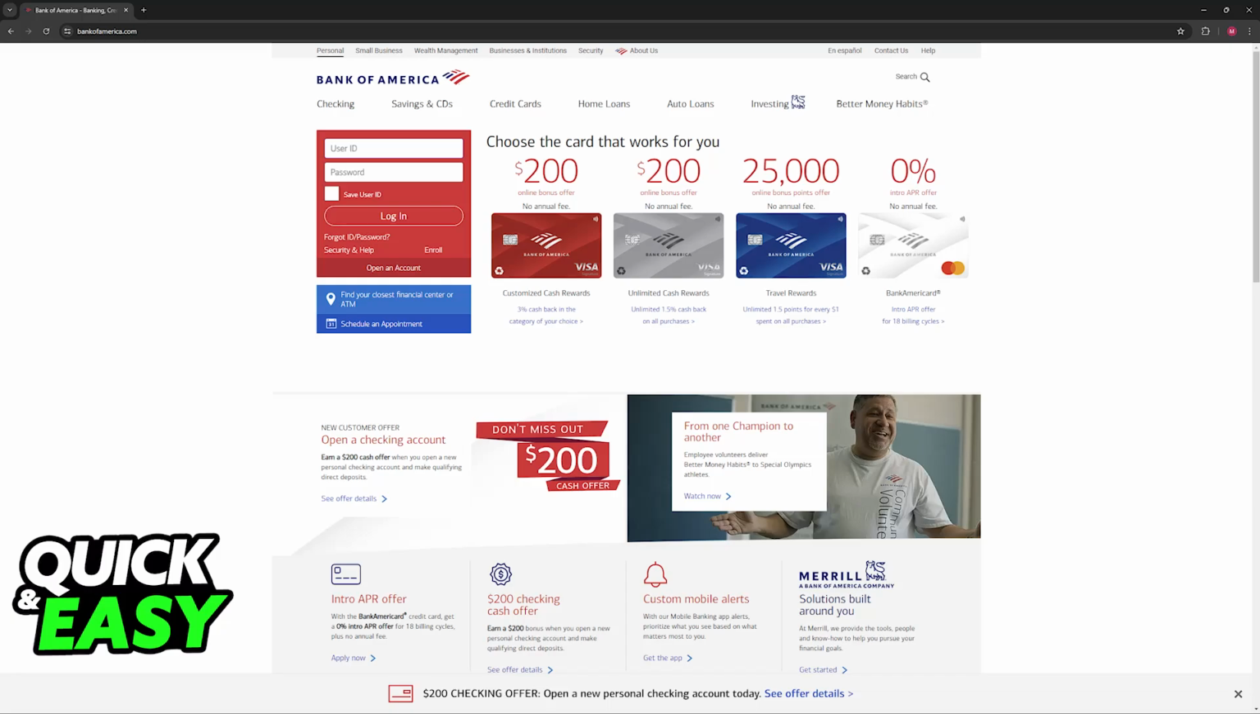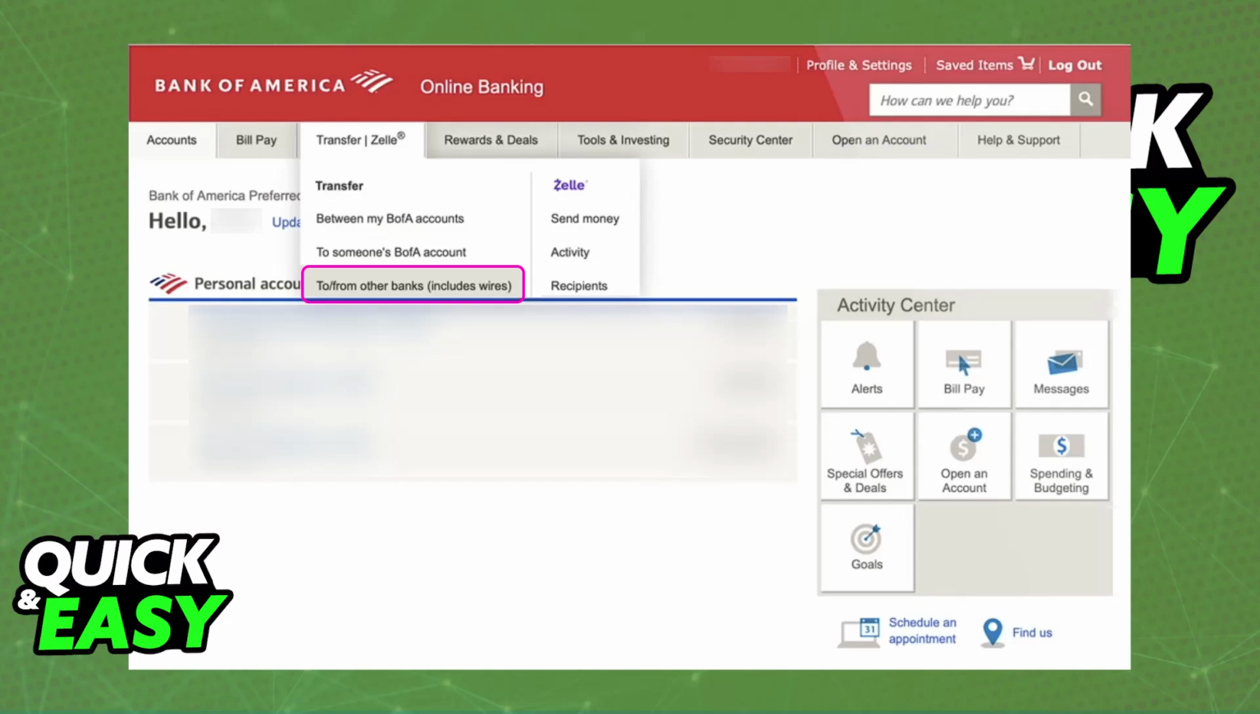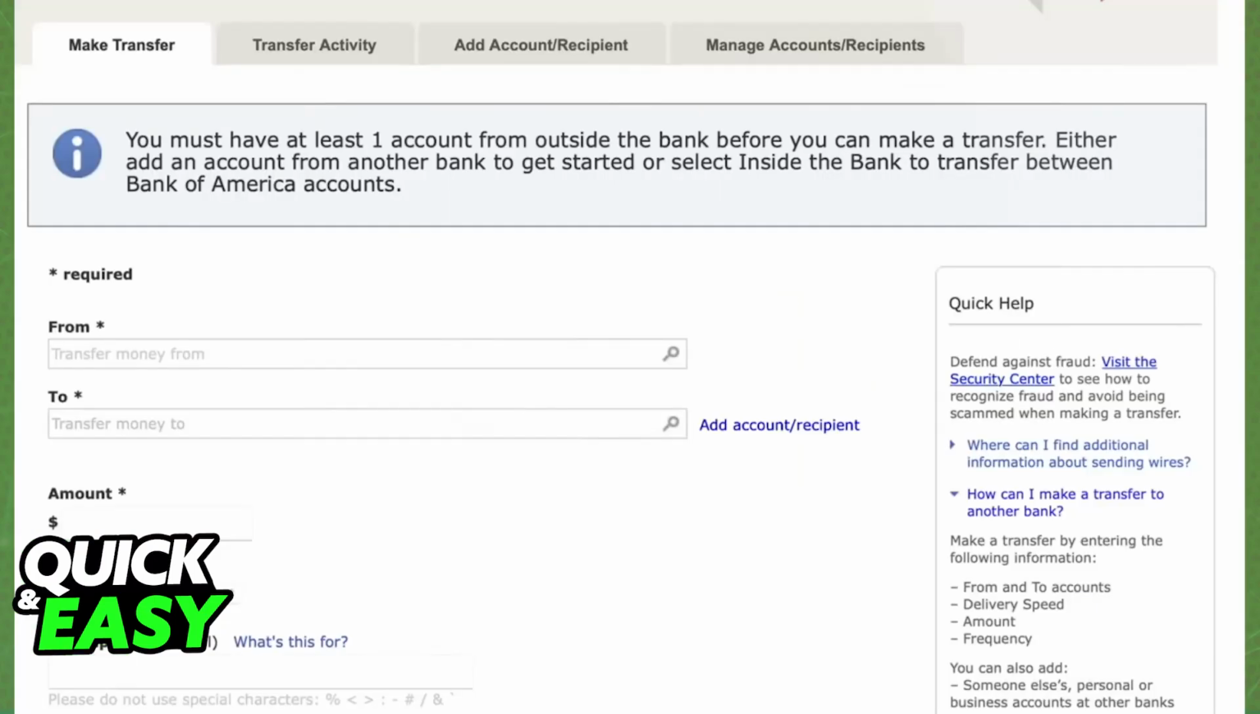So if you want to do this process through the website, sign into your account and access the online banking session. In there, hover over transfer/Zelle at the top of the screen and then choose transfer to or from other banks. When you choose that option, you will be able to include all of the necessary details to make this transfer. So the origin, the destination, the amount and the frequency. You can choose from any of your standard Bank of America accounts, and now you have to link the Revolut